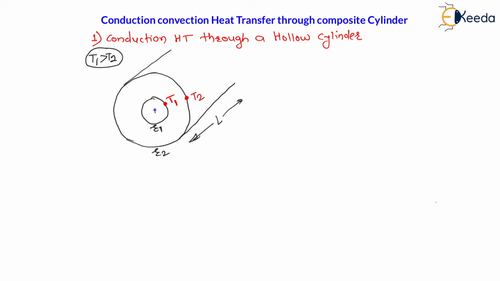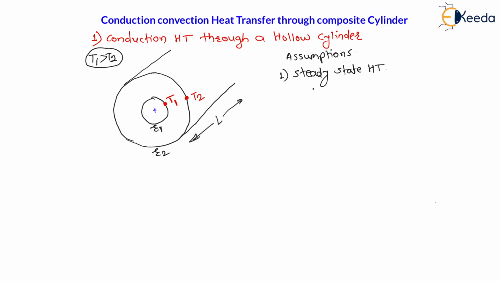Now my dear students, there are few assumptions for this case. Here we are doing some assumptions, and by using these assumptions we are doing analysis over here. So let us write down assumptions. Here the assumptions are same like plane wall problem. Very first is steady state heat transfer. It is a steady state conduction or heat transfer.